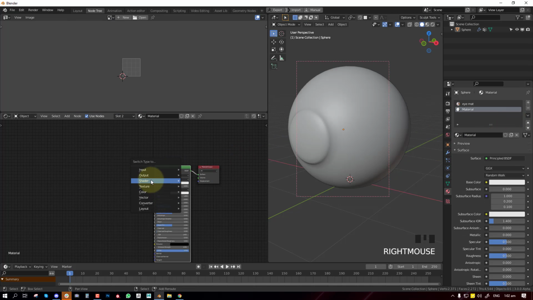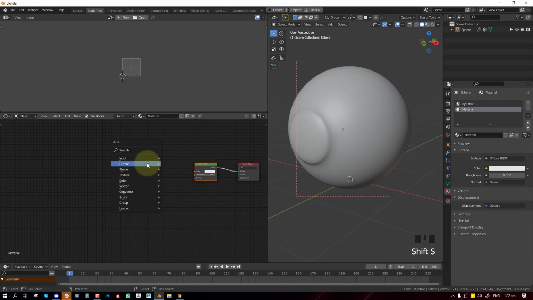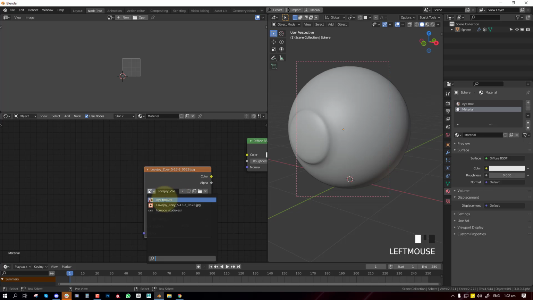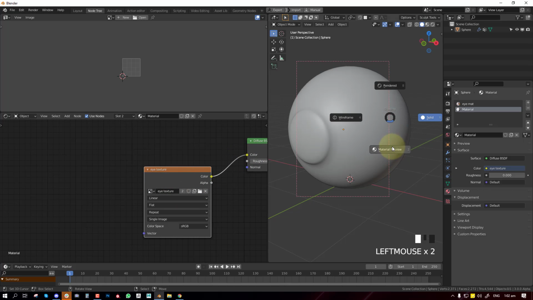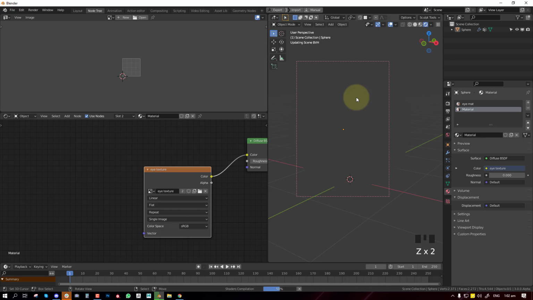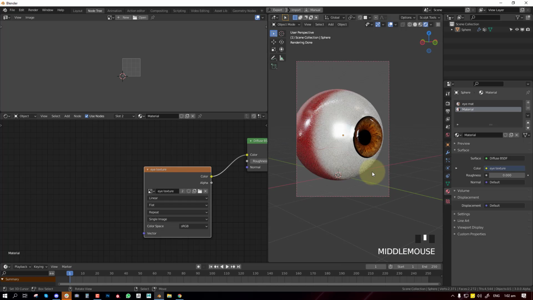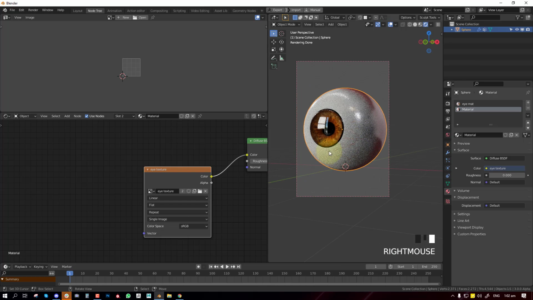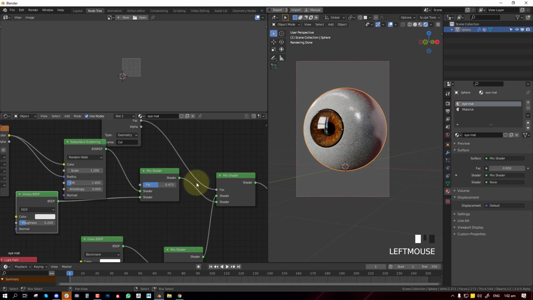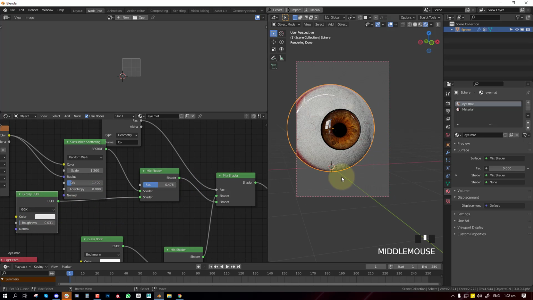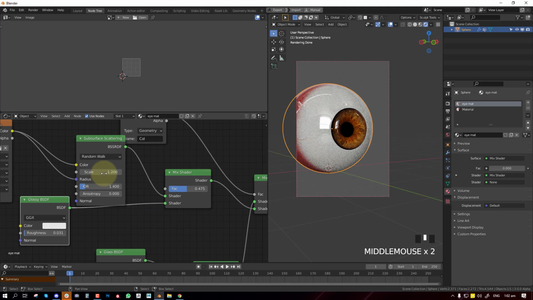The shader for this is going to be a diffuse shader, and the texture is going to be the same texture basically. So the eye texture which we created. Okay, so you can see it's behaving well now. So you can just focus your energy here, play with the glossy, and you can increase this subsurf.